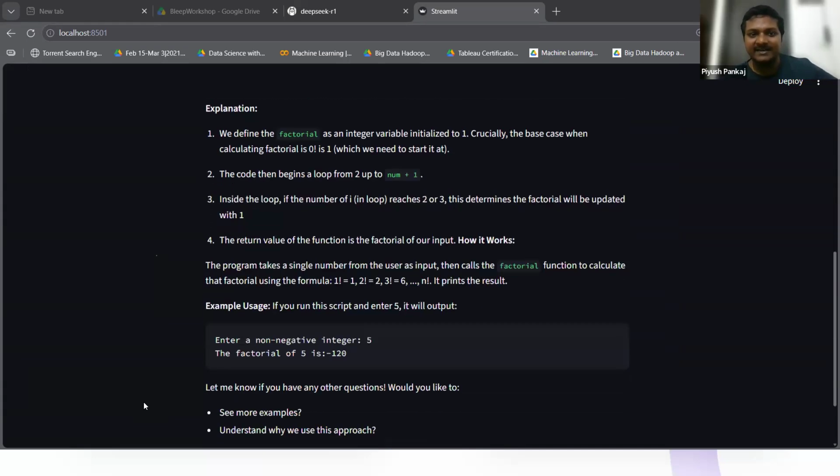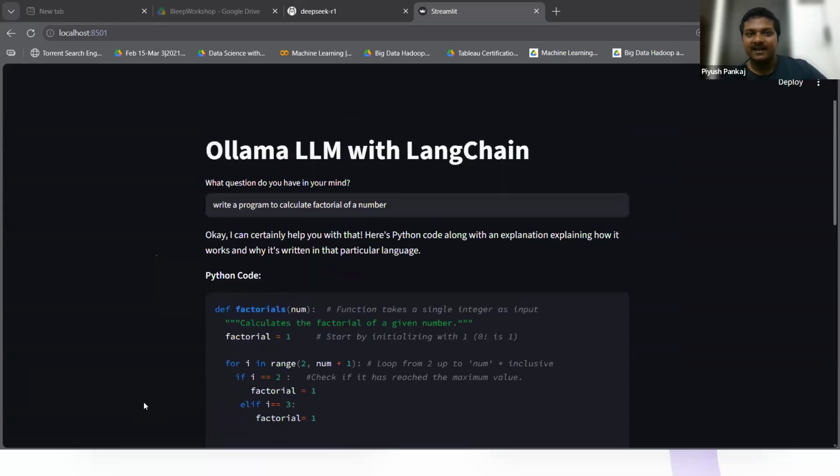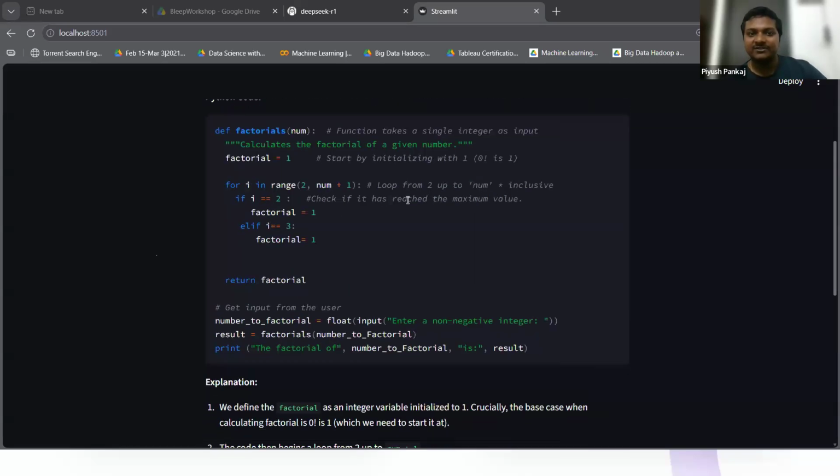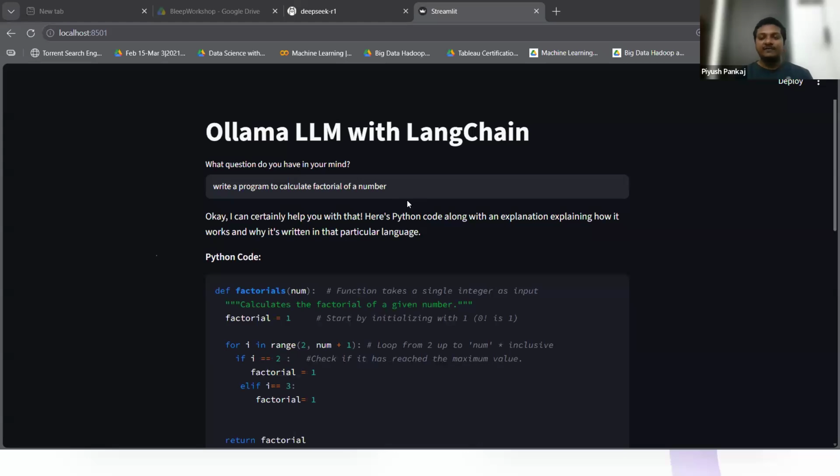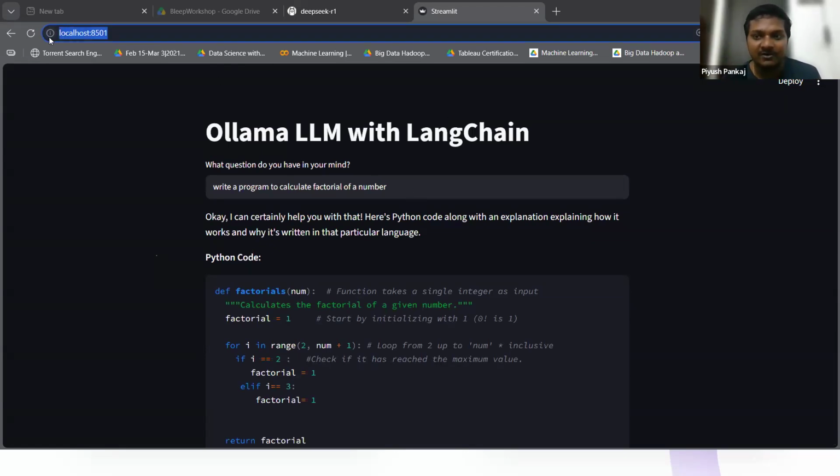I hope this one is clear, guys. Very simple, right? And you are having a coding assistant with you. Yes, the quality of code you can't compare with the high-end Claude Opus model that is paid. But basic help you will be getting from here. And it is going to work with you offline. It is working in localhost without any API key and all. Okay, this is one of the projects for generative AI.